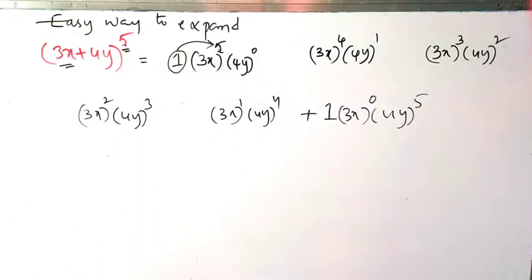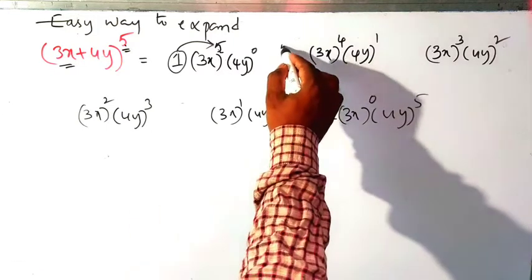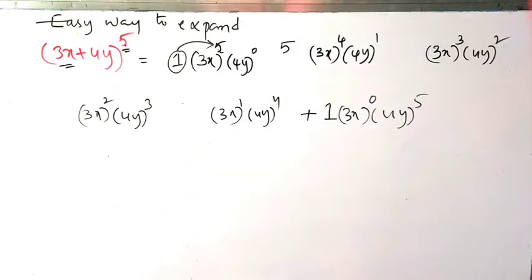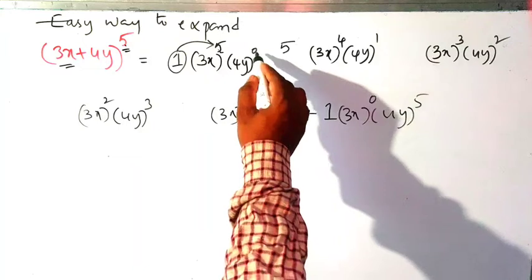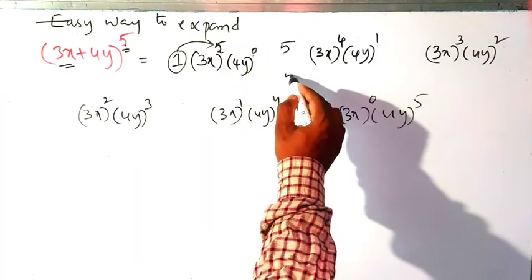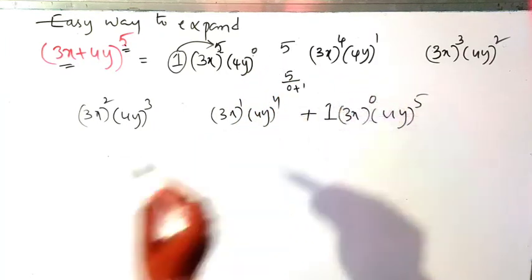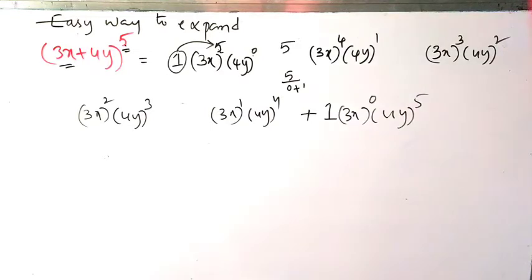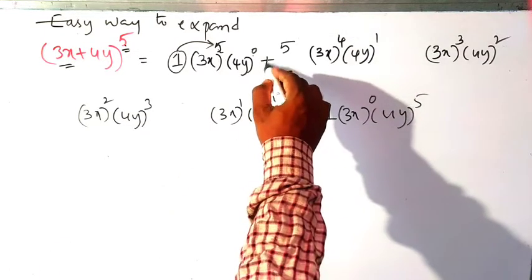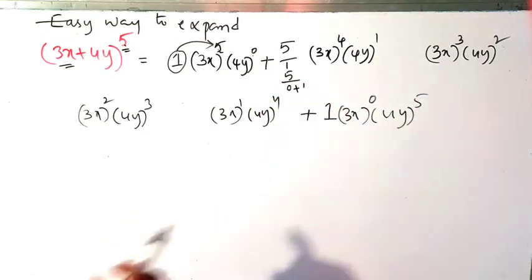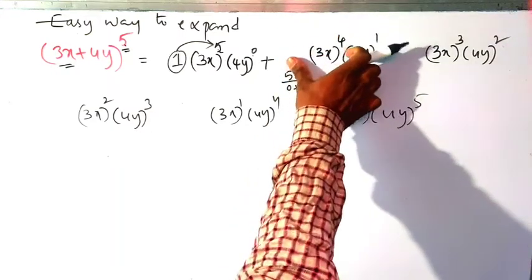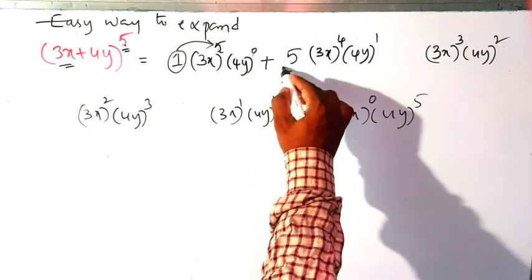1 into 5. So product of that one, okay? 1 into 5. We write here 5. 1 into 5, 5. Divide by, we are adding. So 5 divided by 0 is there. So 0 plus 1 add here. So that is nothing but 5 by 1. So here coefficient is nothing but 5.